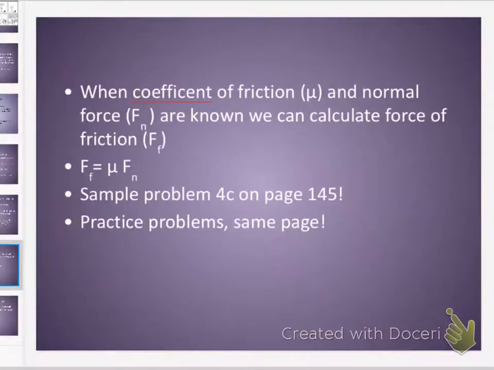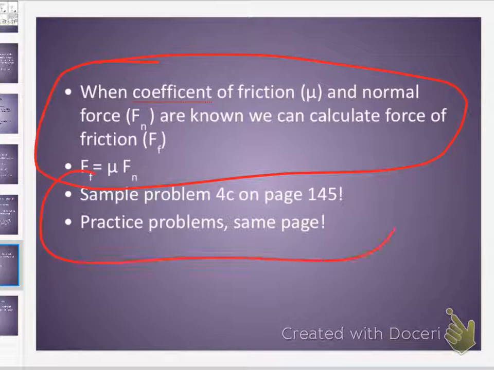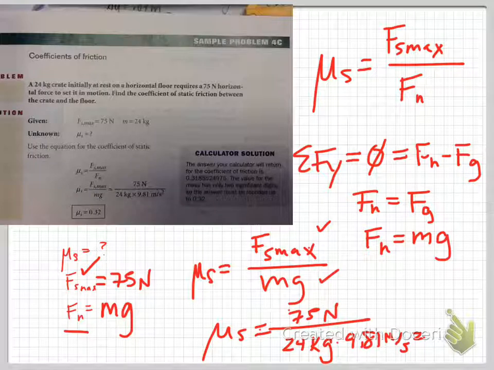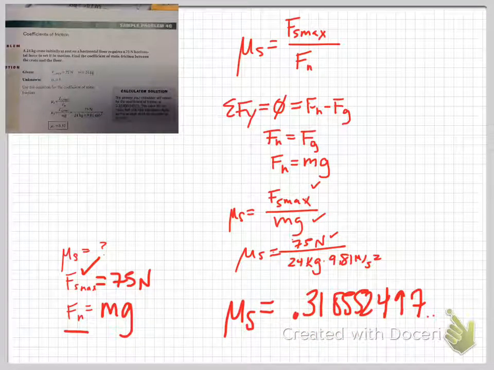Okay, so if we know the coefficient of friction, we can rearrange for other things. We can rearrange for normal force. Well, we can do substitutions on the other axis. Oh, yeah. So we're going to start off with the 4C problems, which are a little bit more straightforward, and then we'll get into the substitution problem. Okay, so we put in Fs max, mg, 75 newtons over 24 kilograms times 9.81 meters per second squared. Should give us mu s, get a number. So I've got a raw answer, 0.31852, blah, blah, blah.